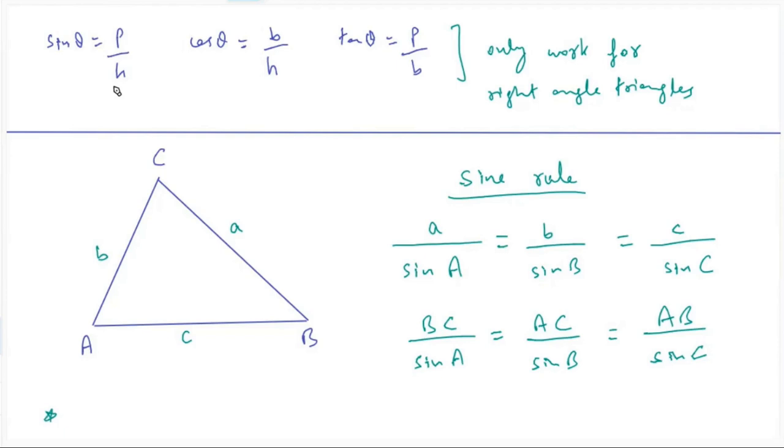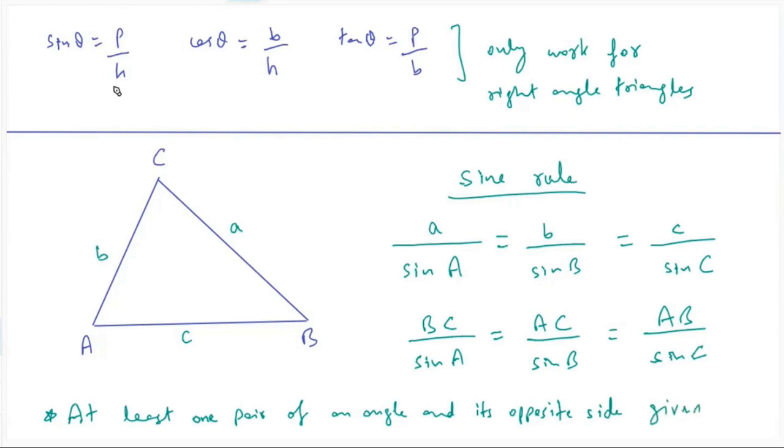यहाँ पे when can we use this? We have at least one pair of an angle and its opposite side given. इनको हम पेयर कहते हैं कि एक साइड है और उसके ऑपोजिट एंगल, ये हमें गिवन हो,